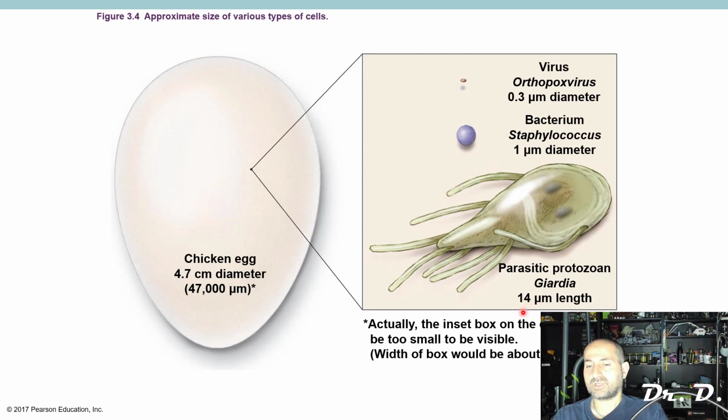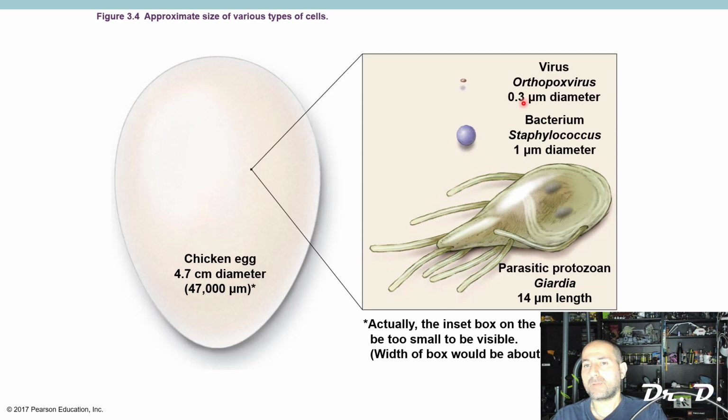Does that make sense? So eukaryotic organisms are going to be in the 10 plus micron range. Bacterium and archaea are going to be in the 1 micron range, and viruses are going to be in the